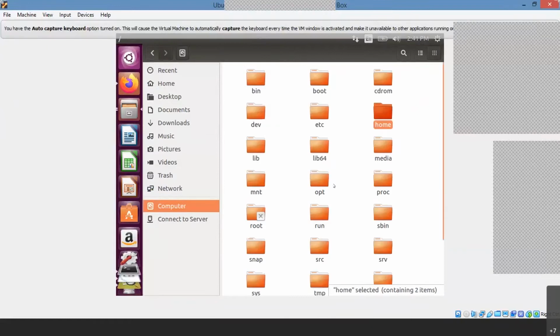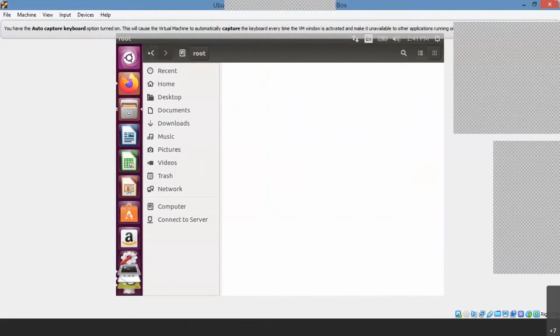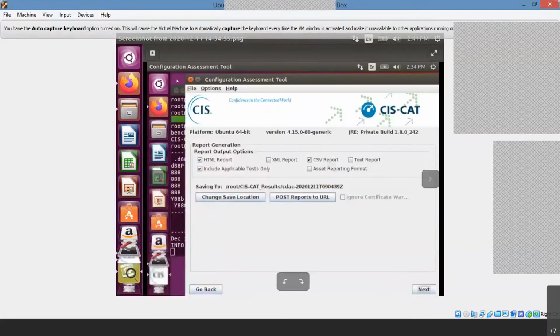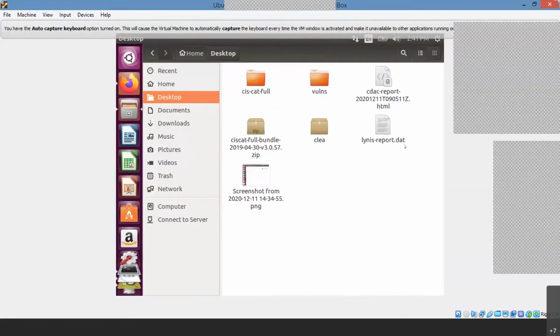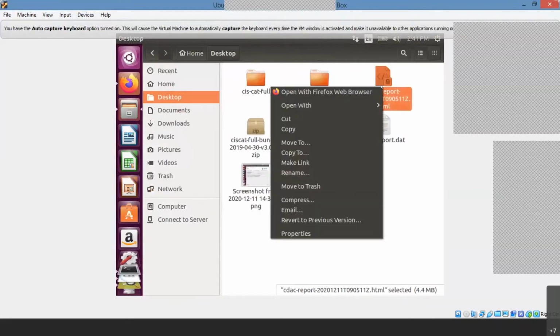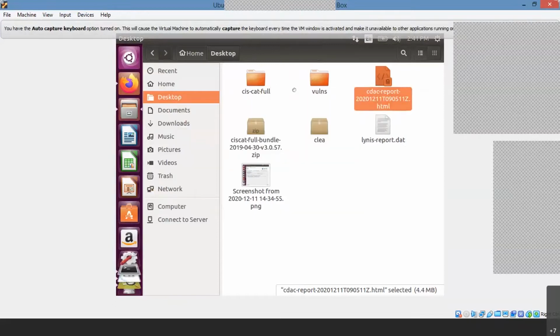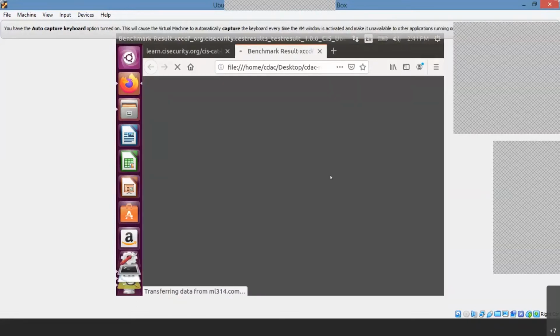So we can directly take that file system. Yeah. Desktops are copied on file here. And this is my report. So open with browser. Yeah. So this is my report. So this is my report, sir.